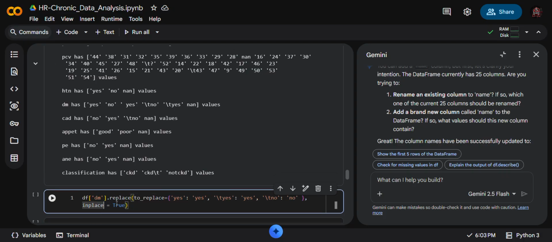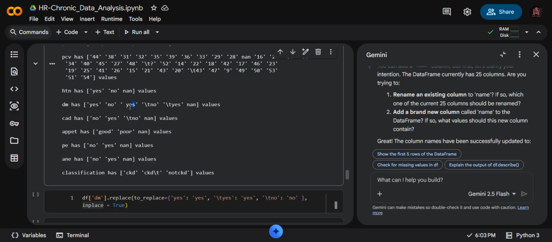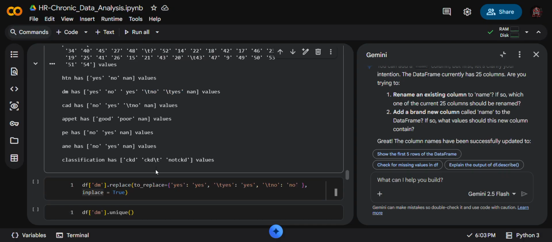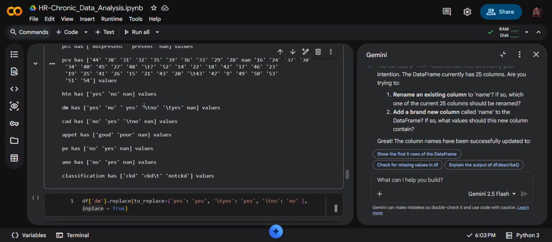Use a command like df for dm, I mean dm. DM has yes, no, yes. Here yes, no, and yes is okay, but I don't want to use T and no, T yes. I don't want these two or reply. I just want to remove that thing.